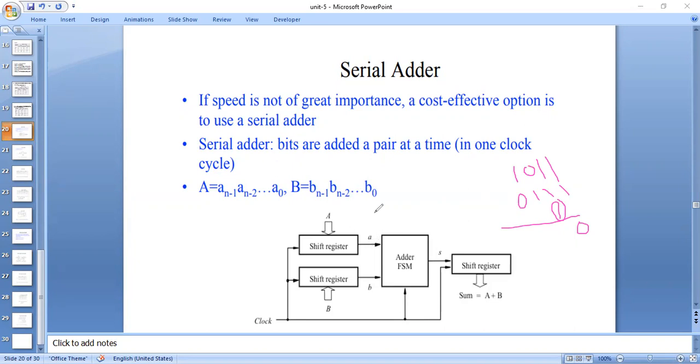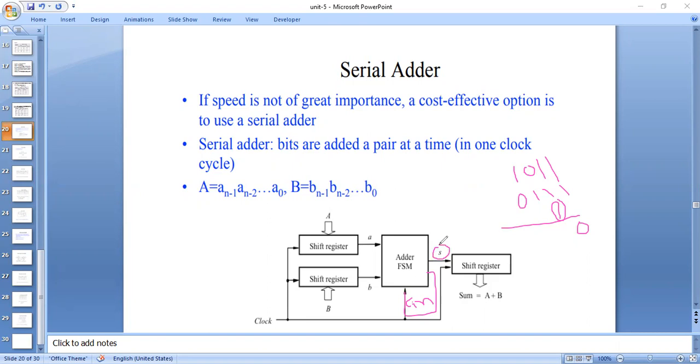For example, when we add the bits A and B, we give them to a full adder, and it will produce sum and carry, right? And that carry is again applied as input to this full adder, what we call the previous stage carry in. Depending on this carry, it will produce the output. If the carry is 0 we get one output, and if the carry is 1 we get another output. And here the sum will be the actual output.